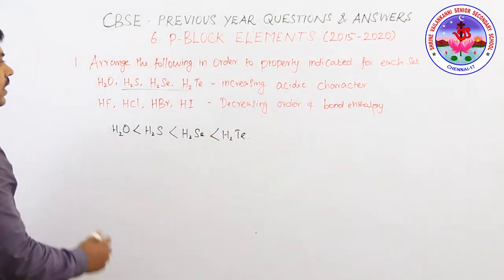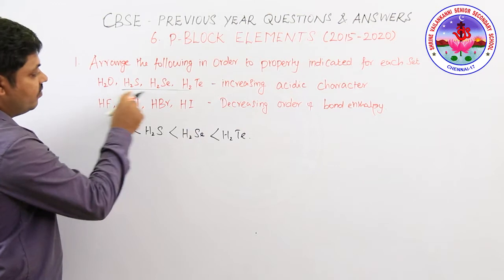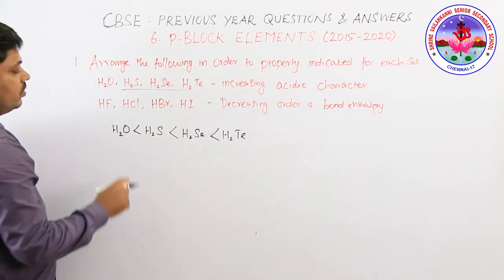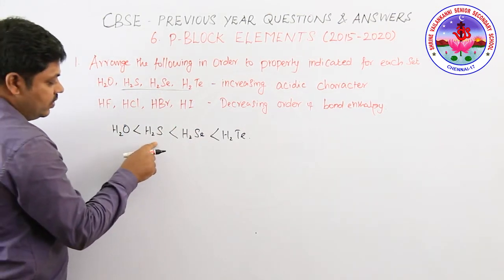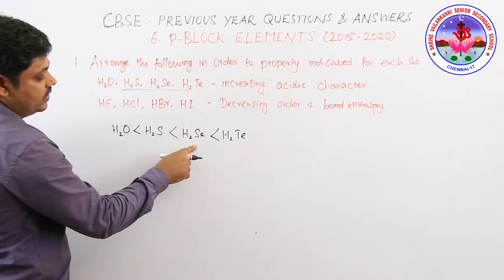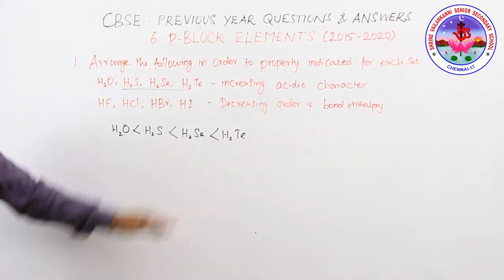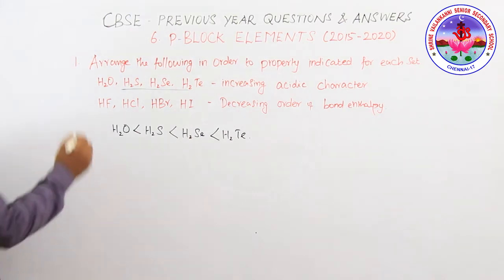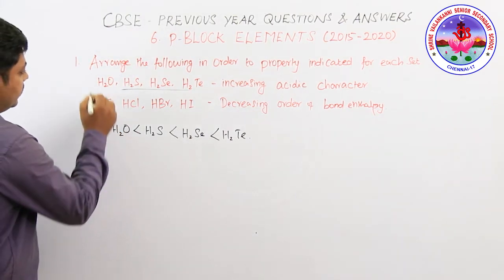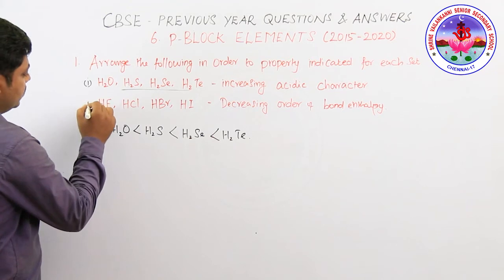So this is the increasing acidic character of the given compounds. Water is less than H2S, less than H2Se, less than H2Te, that is hydrogen selenide and hydrogen telluride, like this. This is the first question answer. Then the second question is